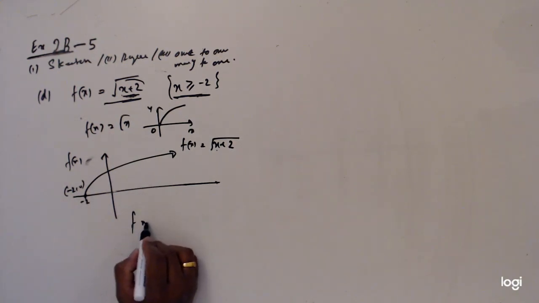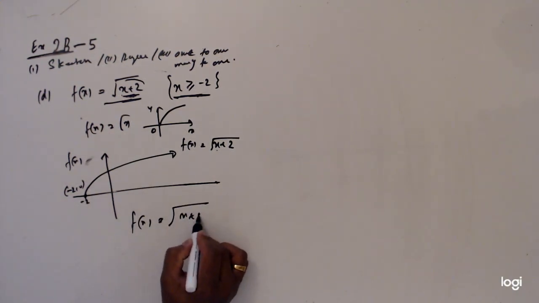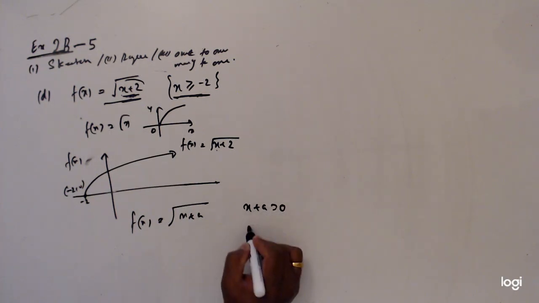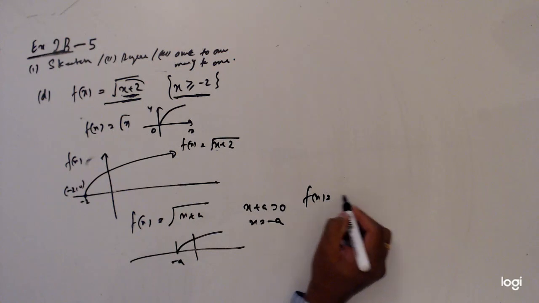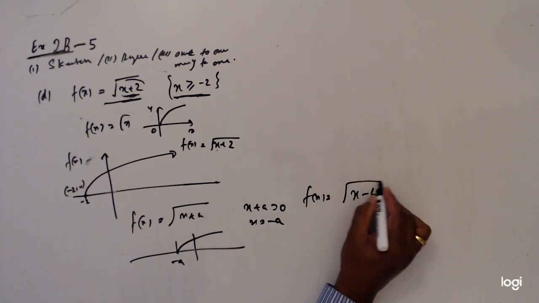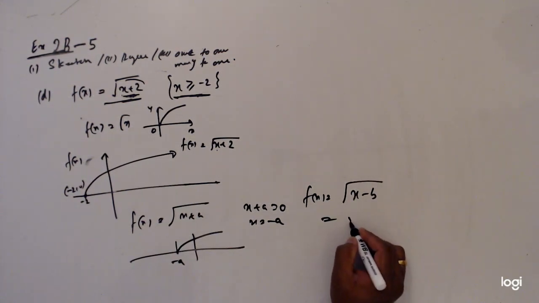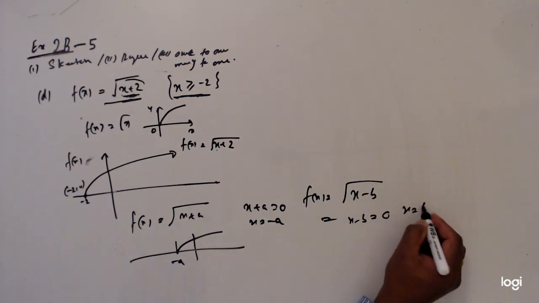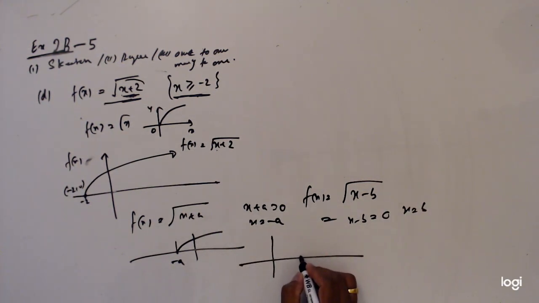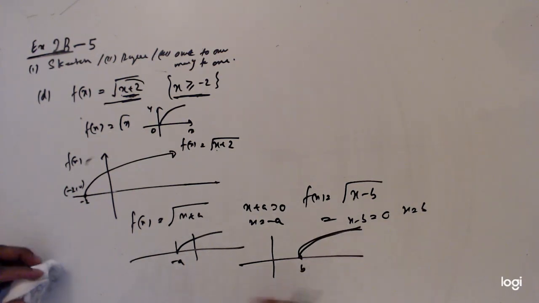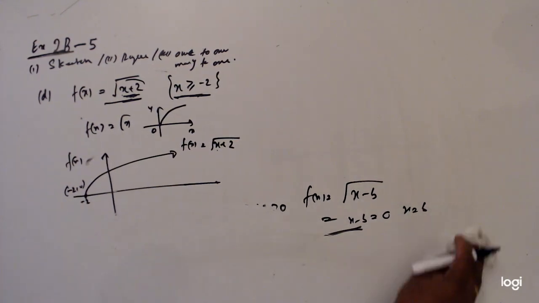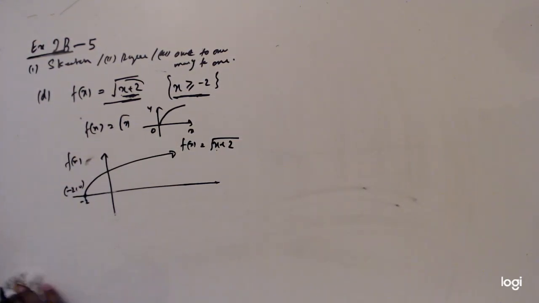Simply, when we draw this kind of graph, if we have x plus a, we will set x plus a equals 0, x equals minus a. So then the graph is going to start from minus a. How about this one, if it is x minus b? Then x minus b equals 0, x equals b. The graph is going to start from b. So now this is the sketch of the graph,